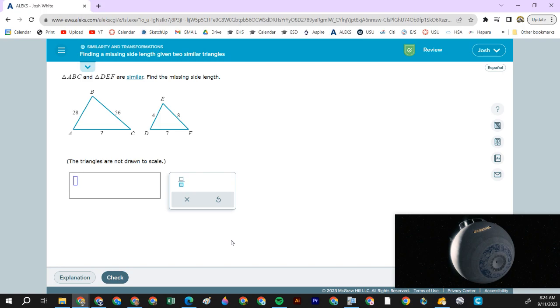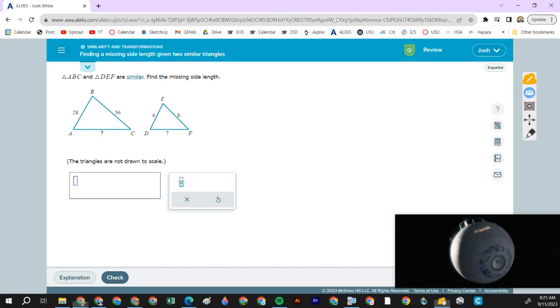So, these two triangles are similar. They're the same basic shape, just one is larger than the other. So all of the side lengths on similar polygons are proportional. The angles are all identical, but the side lengths are proportional, which means that if we find corresponding sides, so the long side,